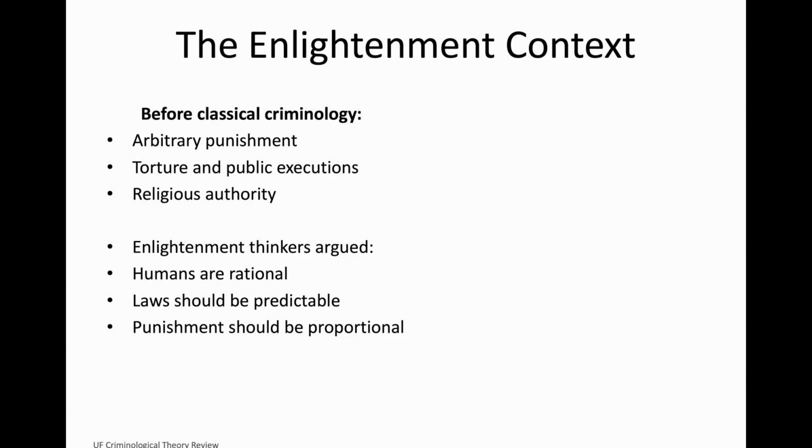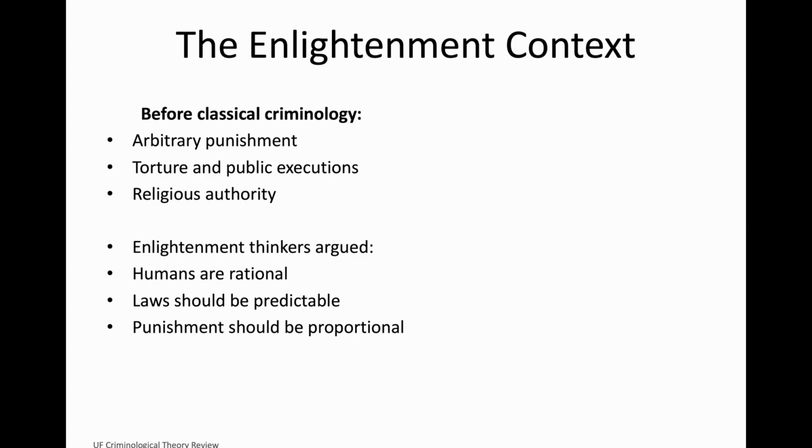Punishment is justified only to the extent that it prevents greater harm. This is a major Enlightenment principle, and the law should not punish excessively. It should only punish as much as necessary to prevent future crime. And this is why Beccaria is so important. Beccaria's work, On Crimes and Punishments, published in 1764, argued against torture, arbitrary punishment, and excessive severity. He believed that punishment should be public, prompt, necessary, proportionate, and established by the law. The major point is that punishment should be rationalized.